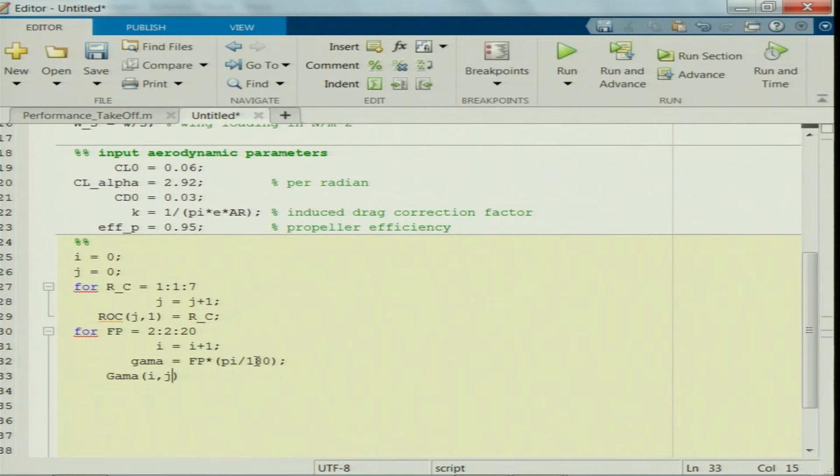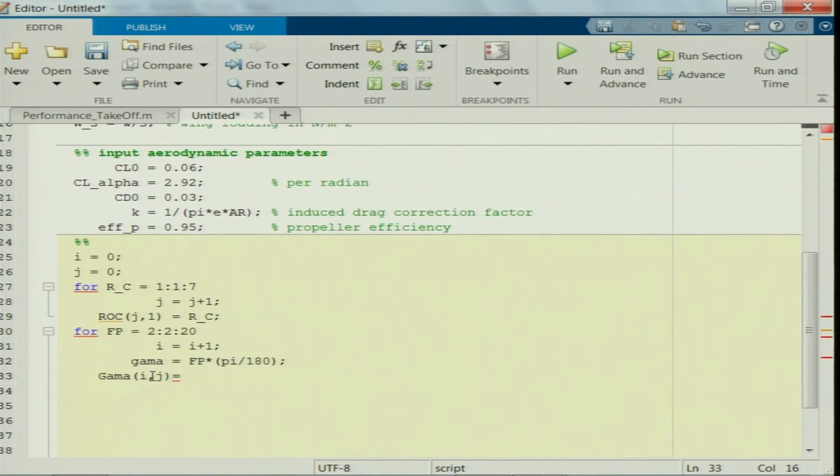It is anyway going to be constant, but still I would like to store it for every iteration. What is the size of Fp? Size of Fp cross size of Rc. That is how the matrix of gamma will be.